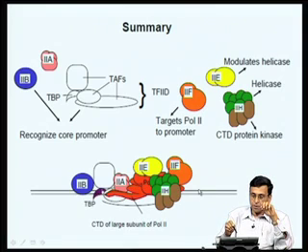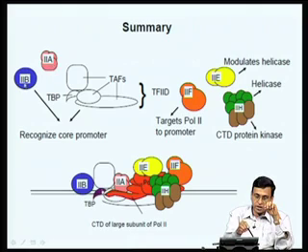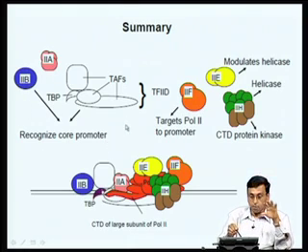And as I explained in my previous slides, you have what is called the TATA binding protein, and you have TFIIB, you have TFIIA, and you have the TBP associated factors, and these TBP associated factors and TBP together constitute what is called TFIID. This TFIID, along with TFIIA and TFIIB, are responsible for recognizing the core promoter sequence, namely the TATA box in the case of the protein coding genes of the eukaryotes.